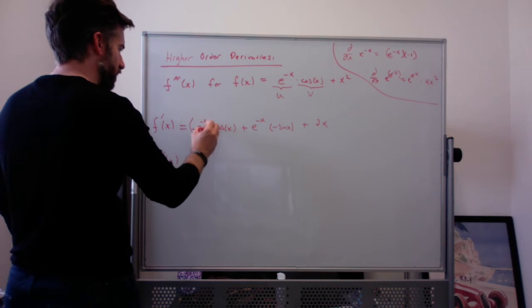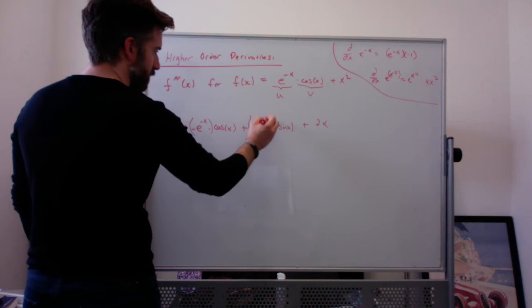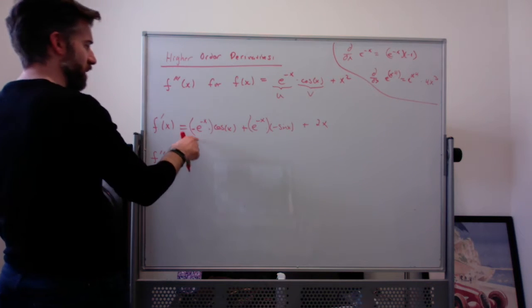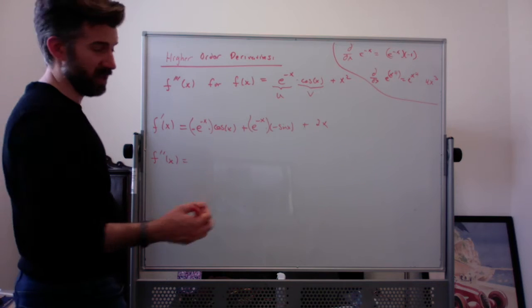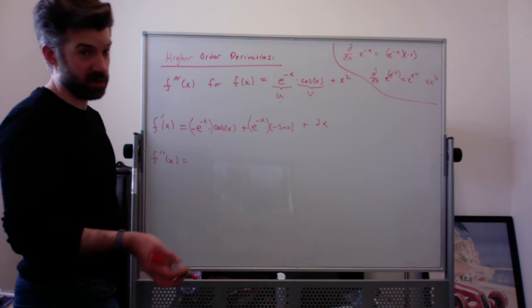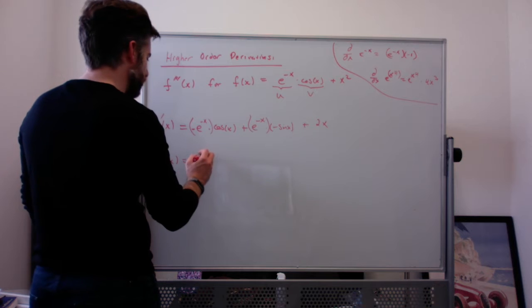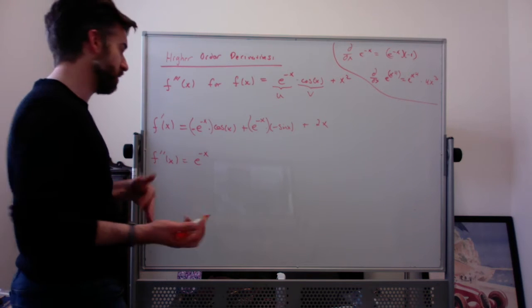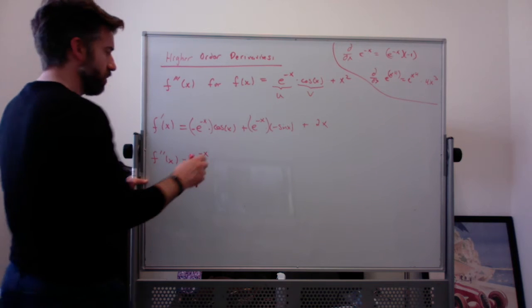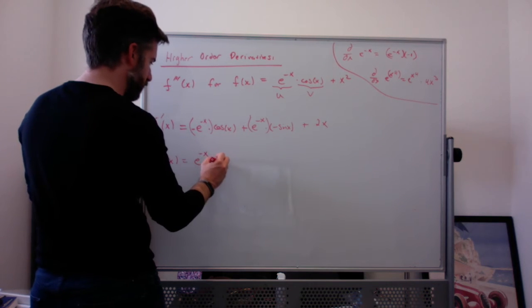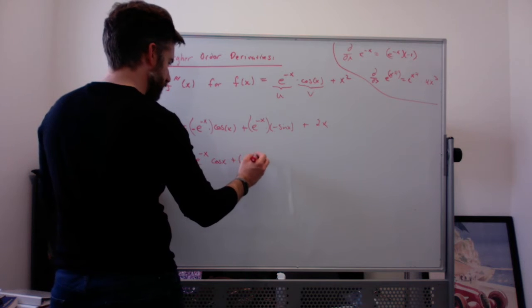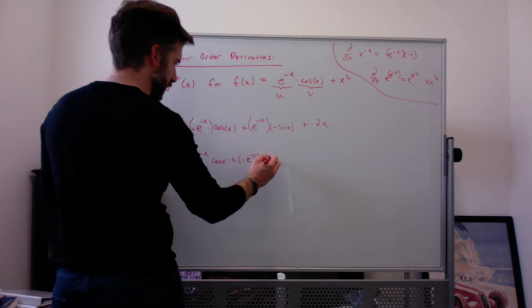You have to use the product rule for each of these pieces. Normally I bring out the negative, but I'm just going to keep it with each piece. So the derivative of negative e to the negative x is negative e to the negative x times negative 1, which is positive e to the negative x. The nice thing about e to the negative x is it just keeps going back and forth when you keep repeating its derivative from positive to negative. So then we have times cosine of x plus negative e to the negative x times the derivative of cosine, which is negative sine,